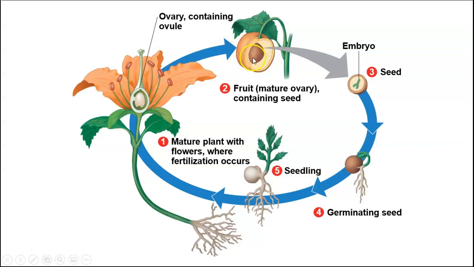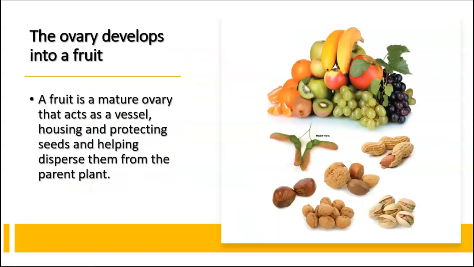The fruit contains the seed, and the seed contains an embryo as well as a food supply and supporting cells. You can plant the seed and it will germinate into a new plant, which can then grow and develop and produce its own flowers to reproduce. Pretty simple. So you might have noticed in the previous slide, let me switch back to that real quick, some